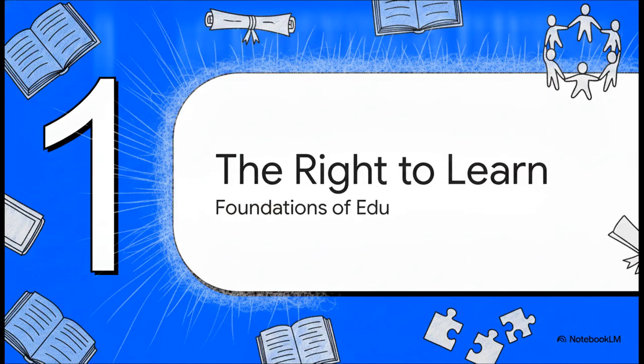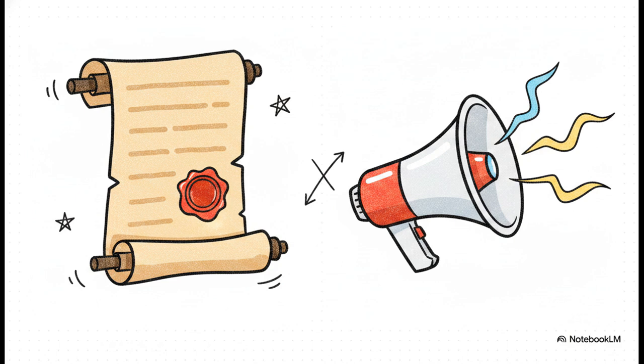Okay, starting off with Section 1, the right to learn, the foundations of education for all. Now, before we look at the history, it's totally crucial to understand the tools the international community actually uses to get things done. We've got a really clear distinction here between hard law and soft law. Conventions, those are the heavyweights. When a country signs a convention, it produces a strict, binding legal effect, no getting out of it.